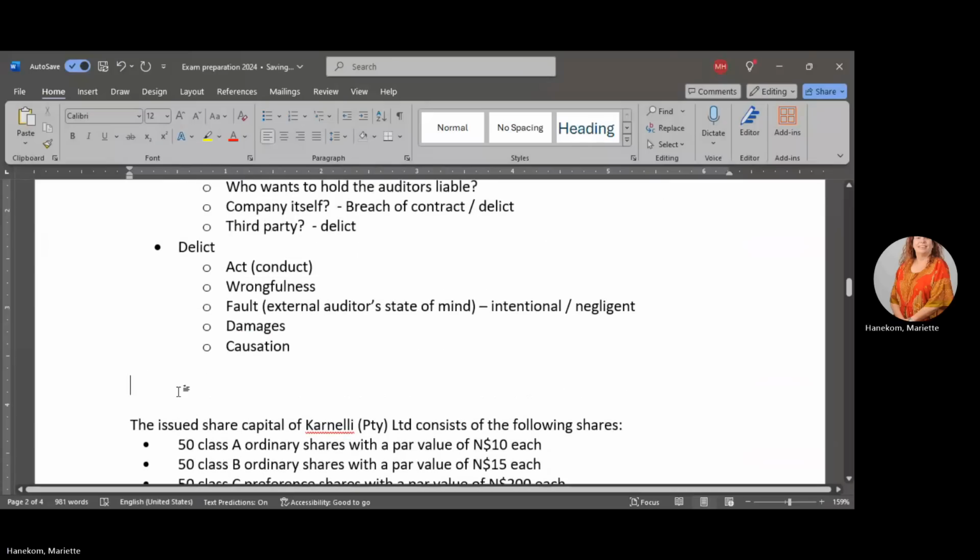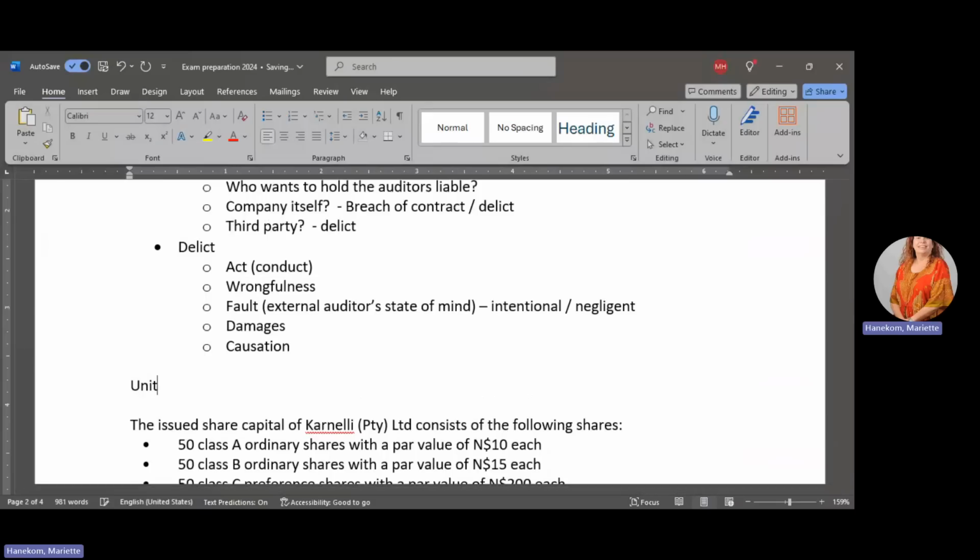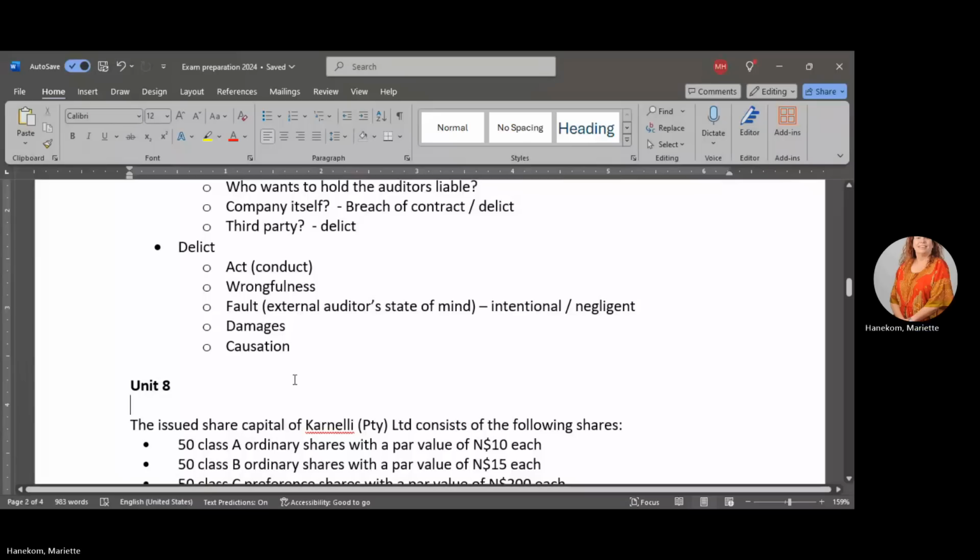Okay, big hairy monster. Unit 8. That you are all still battling with. You'll be getting the handout. The handout is attached to the exam. So you don't need to memorize any of the details contained in those sections of the Companies Act. I have, however,